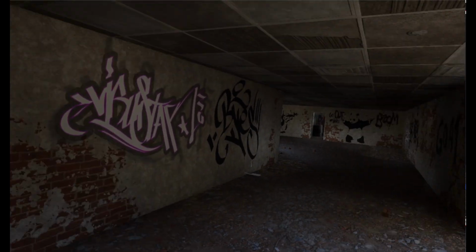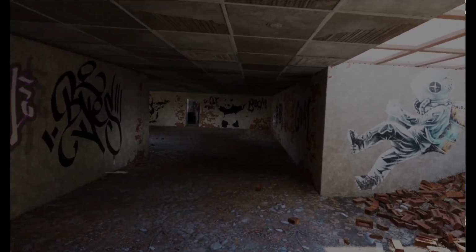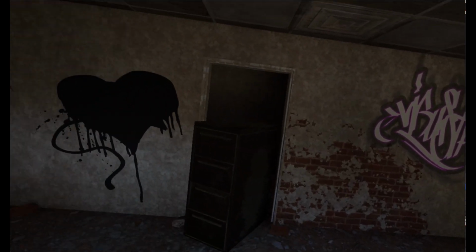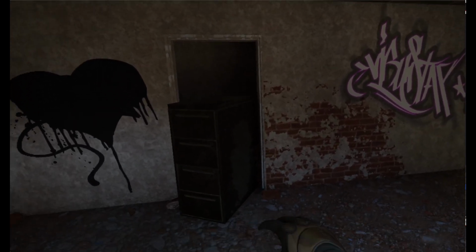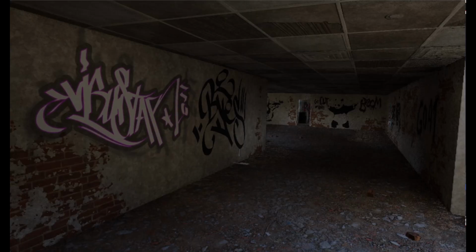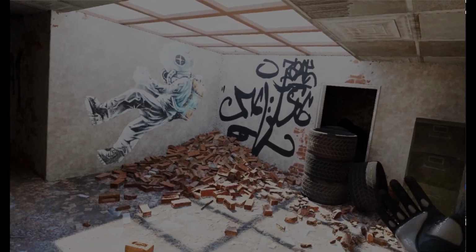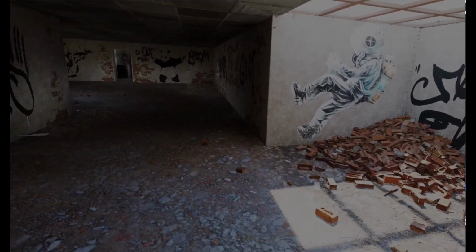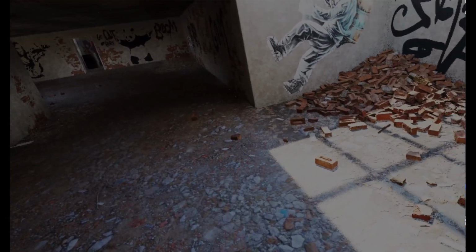For this purpose, I built this environment using usual 3D modeling tools like Maya, and I built some props, let's say an old cabinet, and placed them around the building, some tires scattered around, and I used some master materials and the modeling tool to vertex paint